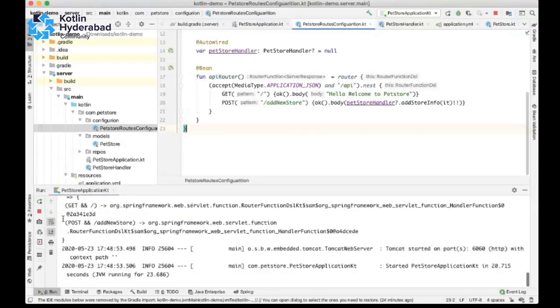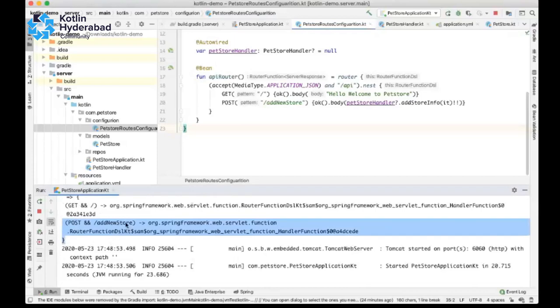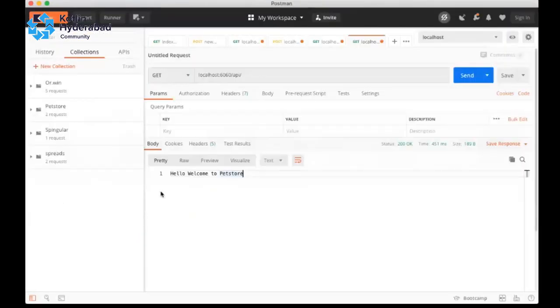So you can see the new route also got added in the console. Now let us test it.